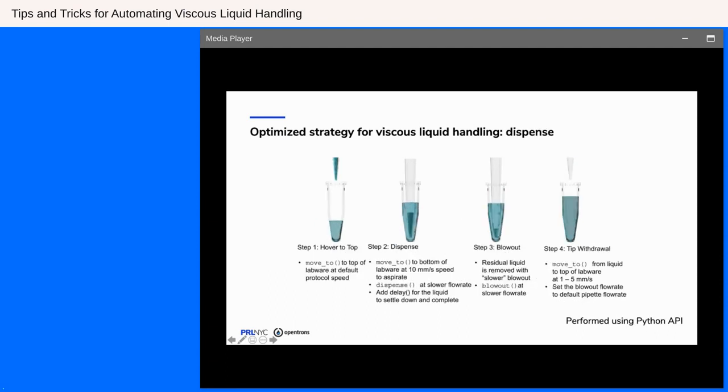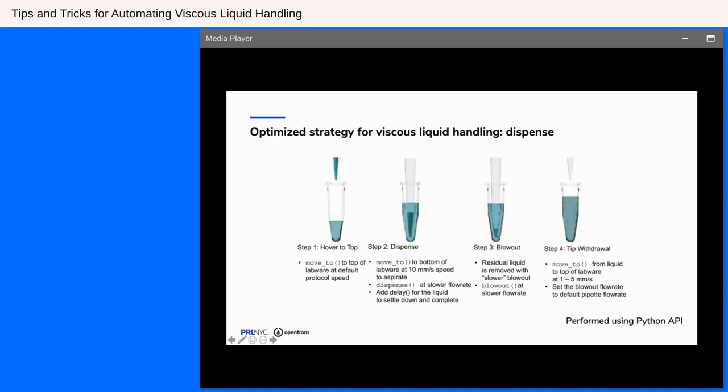Further, to dispense viscous liquid, we're going to move towards the top of the labware and then move to the bottom of the labware at 10 millimeters per second. This is to reduce any spilling of the liquid already present inside the labware, and then dispense at a slower flow rate. Further, we are going to add a delay, which will help the liquid to dispense completely and also settle down to the bottom